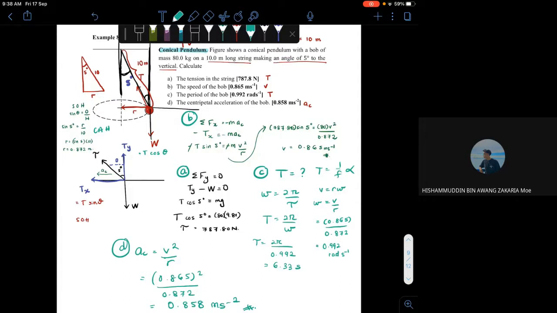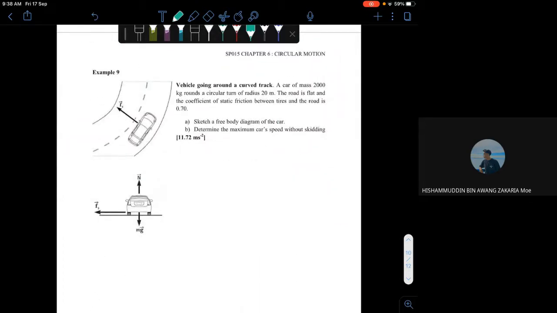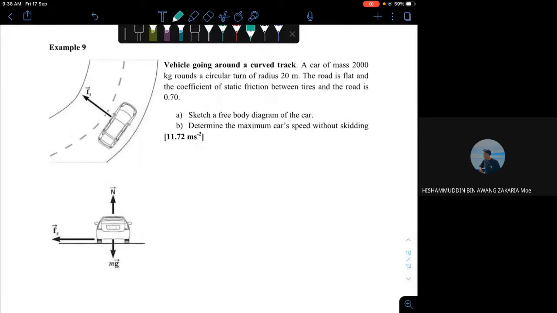Done. Okay, done ya? Okay. So I'm going to go to the last question. Okay. Last question, I think. Example 9. Okay. Right, so example 9. Vehicle going around a curved track. Okay. So this one kan, kalau kamu jumpa soalan macam ni, vehicle going around a curved track, this one kamu